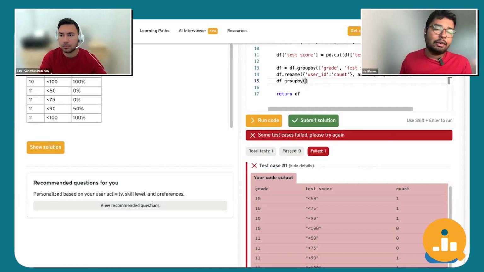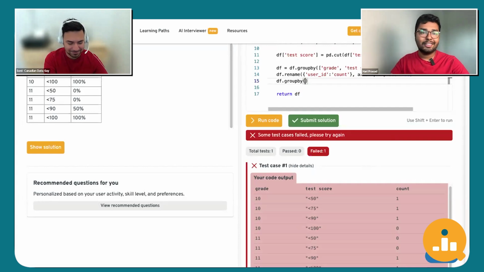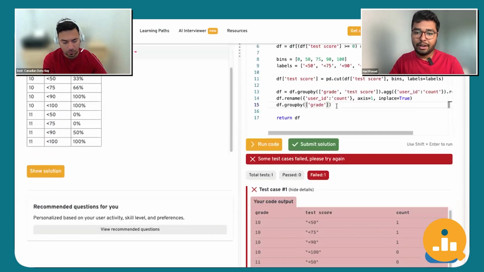I think a lot of people are confused in using group by. So when do you want to use group by? Whenever the statement that you're trying to do has for every so and so, you're basically trying to do a group by. So I'm gonna group by grade because I want to do this for every grade. I don't want to mix up the grades in between. So for every grade, which is right now 10 and 11,